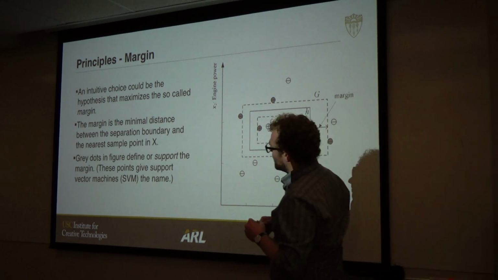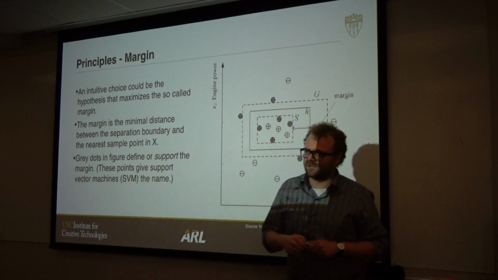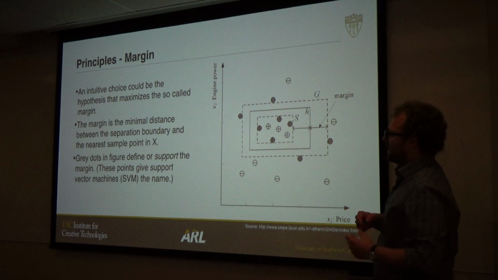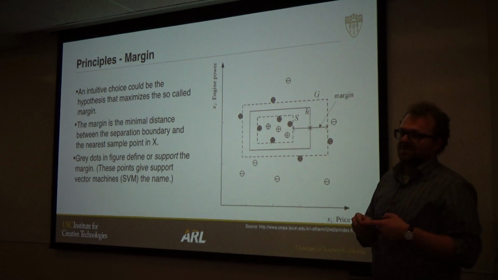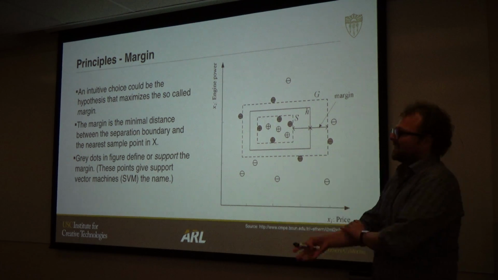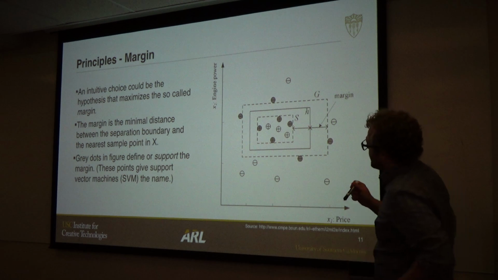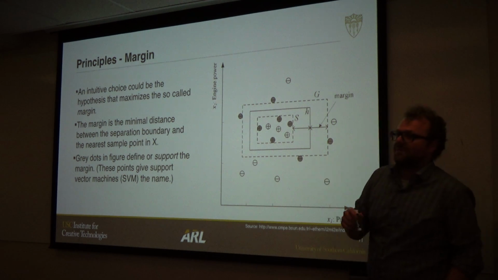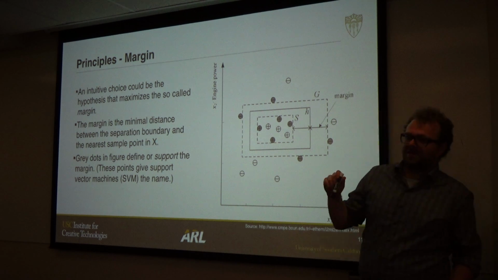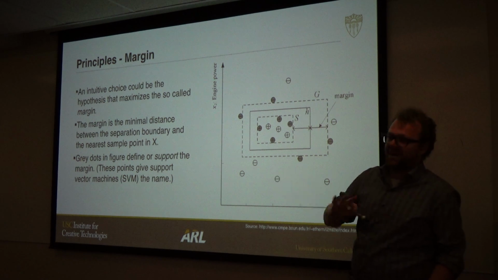And I think the most famous maximum margin classifier is the support vector machine. The support vector machine is famous for this because it optimizes this margin automatically. So anything that you throw at it, it will optimize for this. And that's a great feature to have, because it gives this optimal hypothesis. And the cool thing about the support vector machine is it only needs support vectors. It doesn't need anything else.